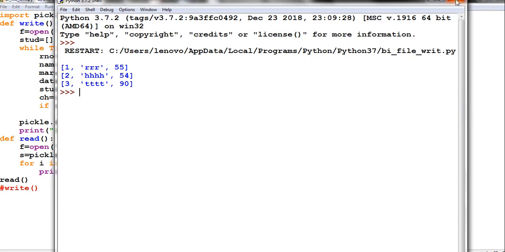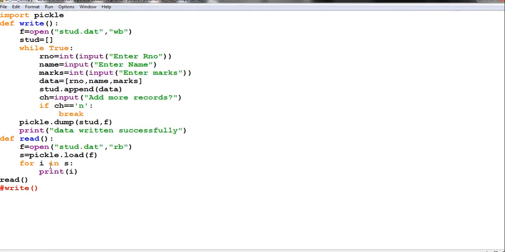No, I don't want like this. It should print properly, like roll number and all. Then in each loop, directly don't print. What you do here, rnum equal to i of first record 0, store it. Then name equal to first record 1.